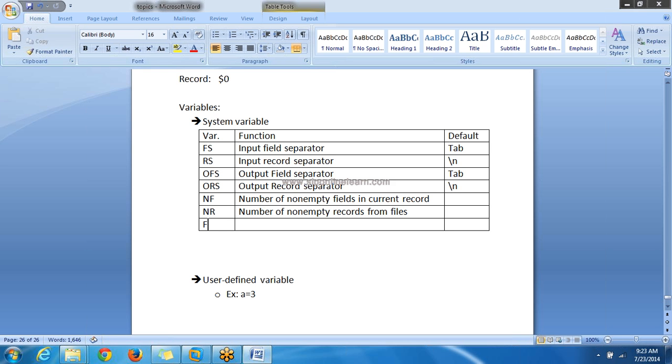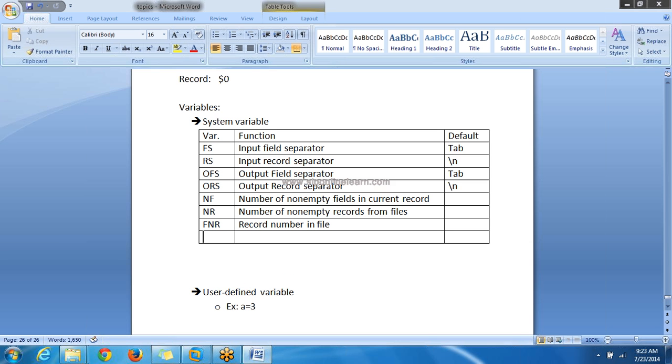Next, FNR. FNR is nothing but file number of records. It will give you the record number in the current file. What is the record number in the file? Or in simple words, we can say record number in file.